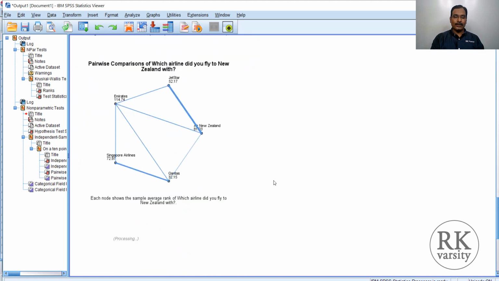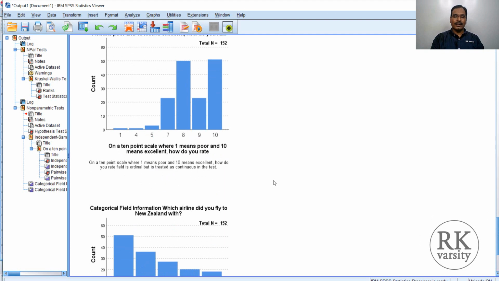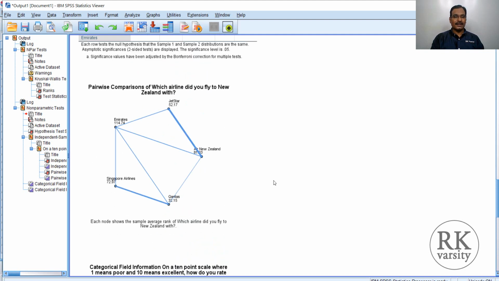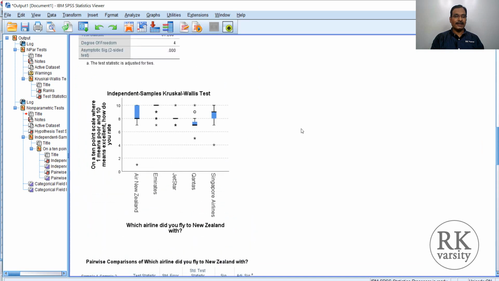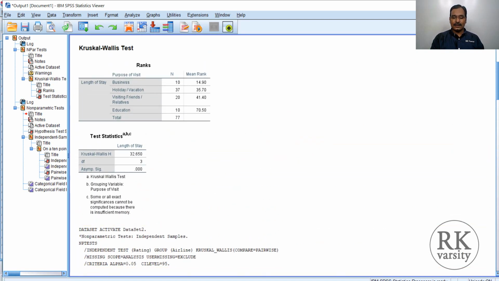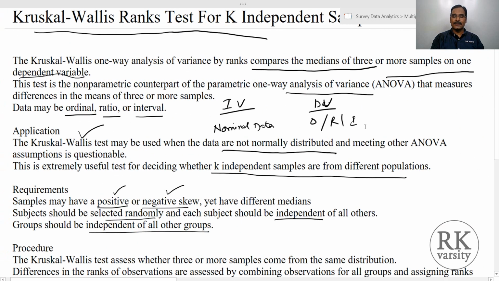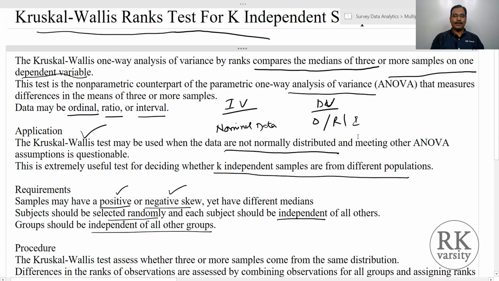You can also see other graphical presentations here, based on which you can write your report to gain a more in-depth understanding of the Kruskal Wallis test. As pairwise comparisons are done here, if you want more insights, you need to make a further analysis using a Mann-Whitney U-test. So this is how you run, analyze and interpret the Kruskal Wallis rank test for K independent samples using IBM SPSS.